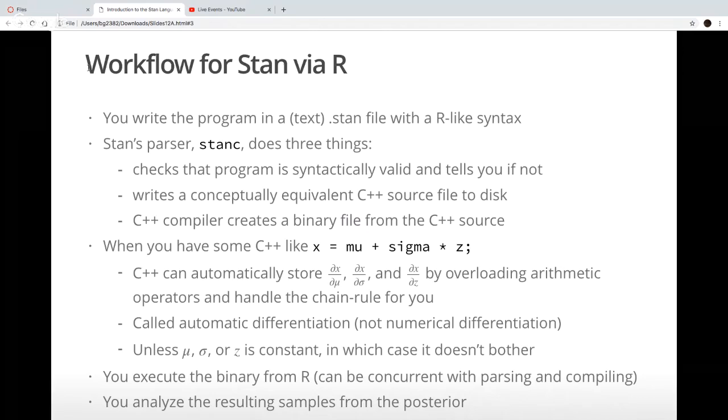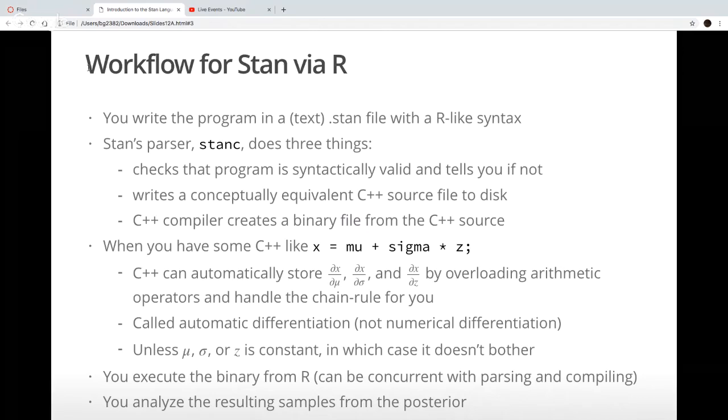And so once you have the C++, that enables us to use automatic differentiation, so teaching the C++ compiler about the chain rule. And so you, as the writer of the Stan program, don't really have to worry about any of this. But when you have some expression like x is equal to mu plus sigma times z, like in a normal distribution, C++, in addition to calculating x, can store the derivative of x with respect to mu and sigma and z.